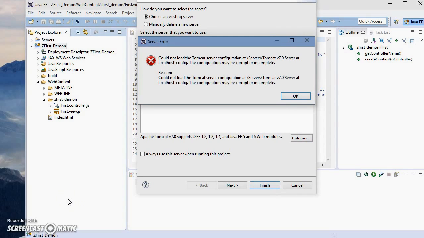Sometimes you will get this kind of error where your Eclipse is not able to start your Tomcat server, and hence you cannot deploy your SAP UI5 application. Now to eradicate this server error, what you need to do is find the directory where you have installed your Tomcat server.